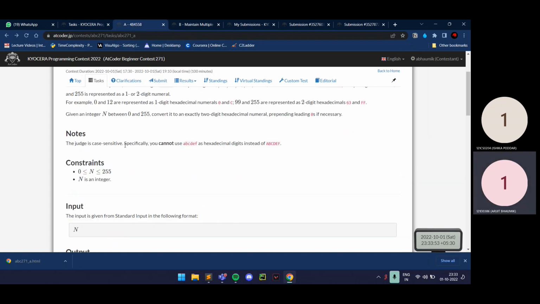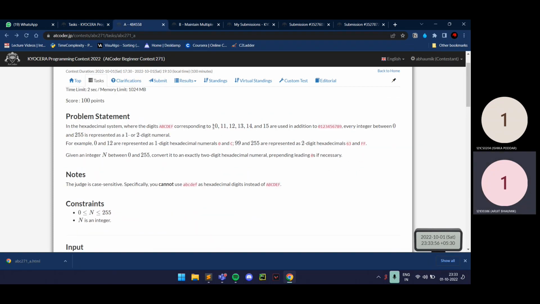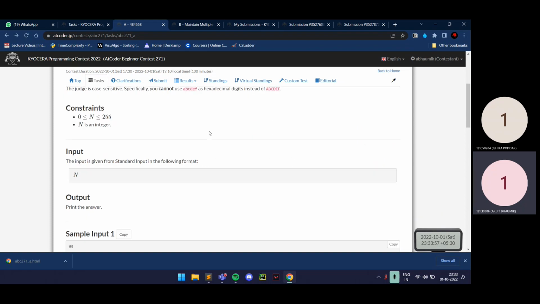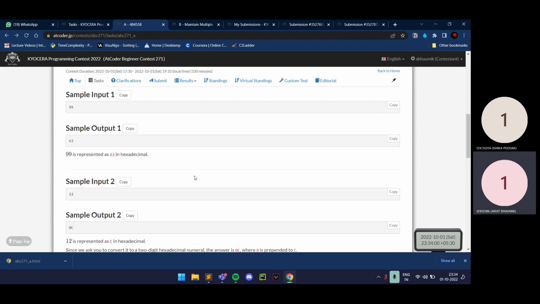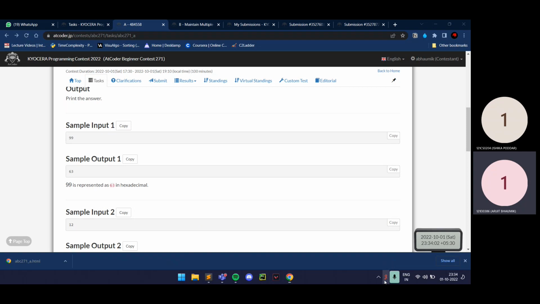The question was a basic question for representing a decimal number in hexadecimal format. Hexadecimal means representing the number in powers of 16. So we can get a hexadecimal number from the decimal by simply dividing it by 16 multiple times and storing its remainder. Right? For example, if we divide